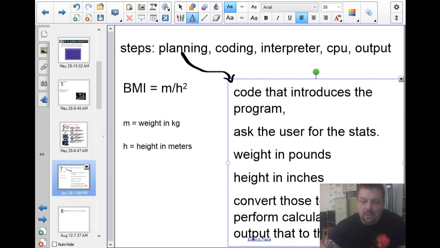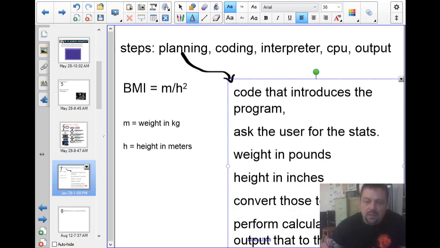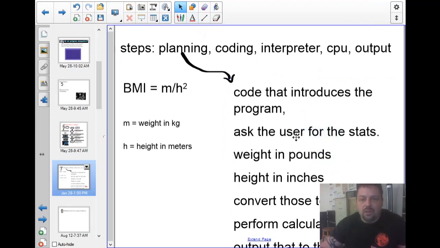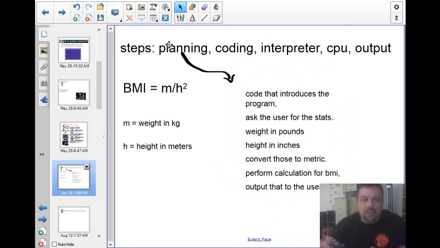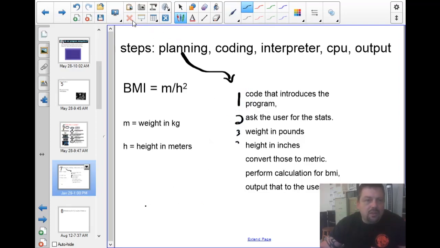Convert those to metric, and then calculate the BMI and output that to the user. So those are the steps we're going to use, and each of these should represent about a line of code, sometimes more than that. So first step, second step, and that's really 2 part A and 2 part B, I guess.